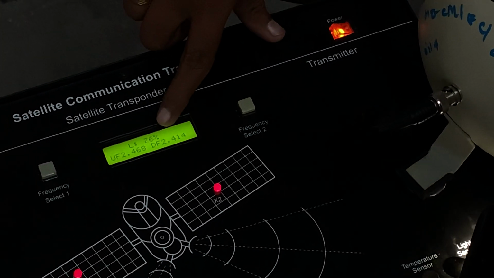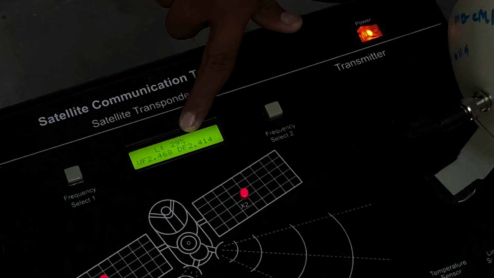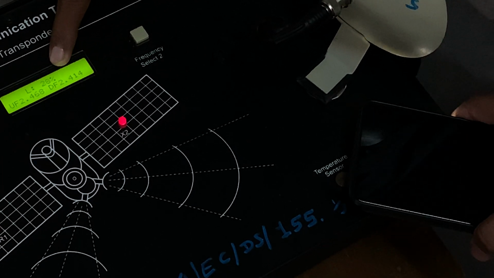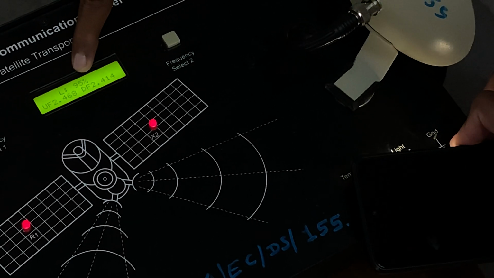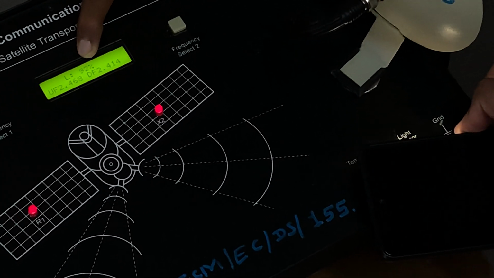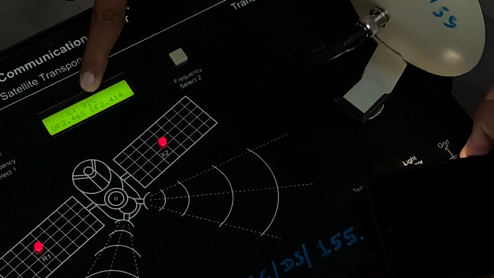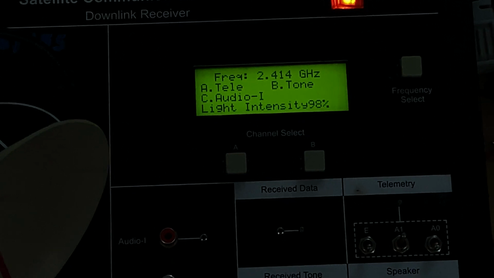Here you can see the light intensity is going to be increased. It is 31, 33. It has increased up to 94%, 91%, and the same is reflected in the downlink receiver, 98%.